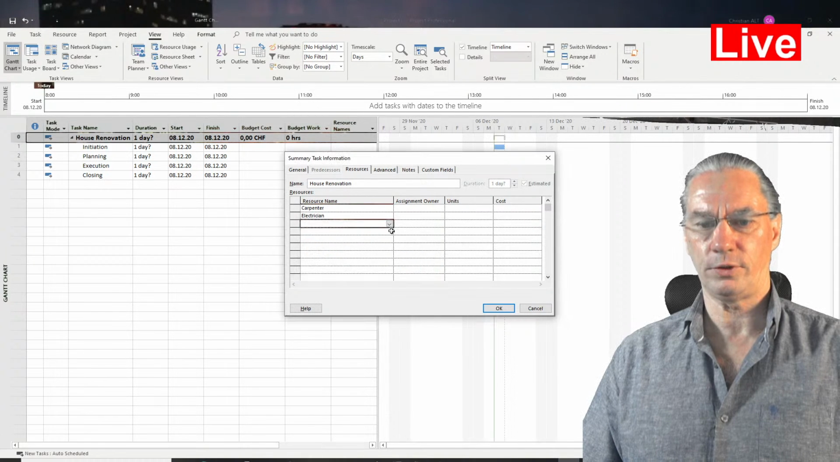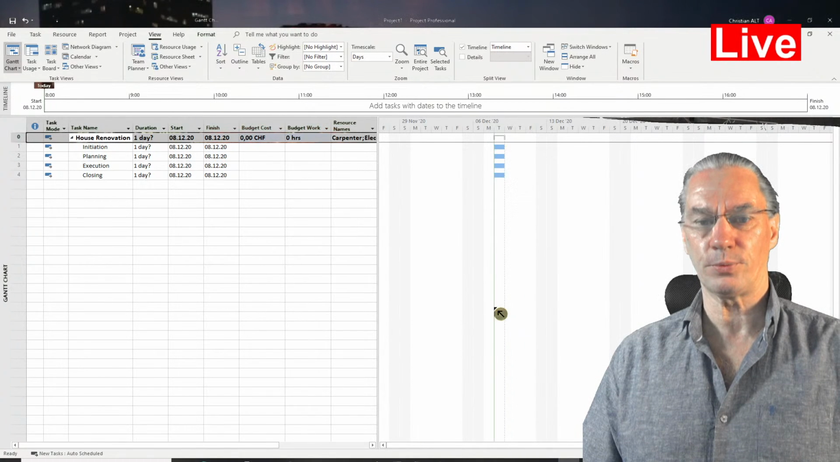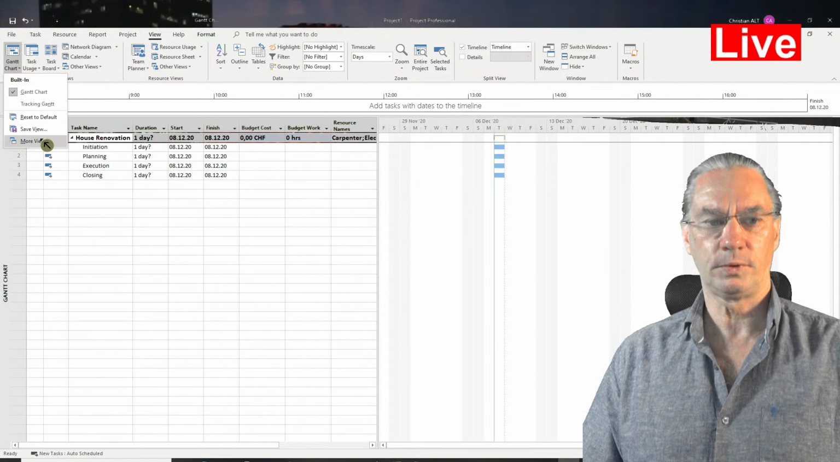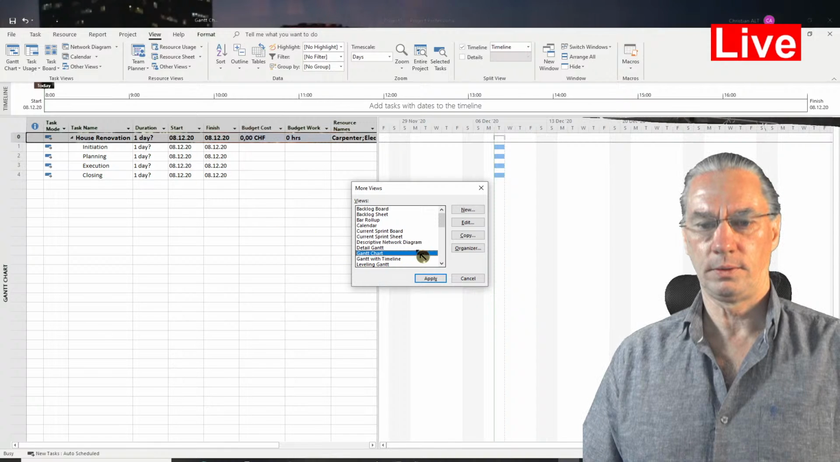Oh, it means I forgot one. Okay, I will correct this. The plumber, and then tile setter here. We will already look what happens with this. So if I go back now to the usage, resource usage view,